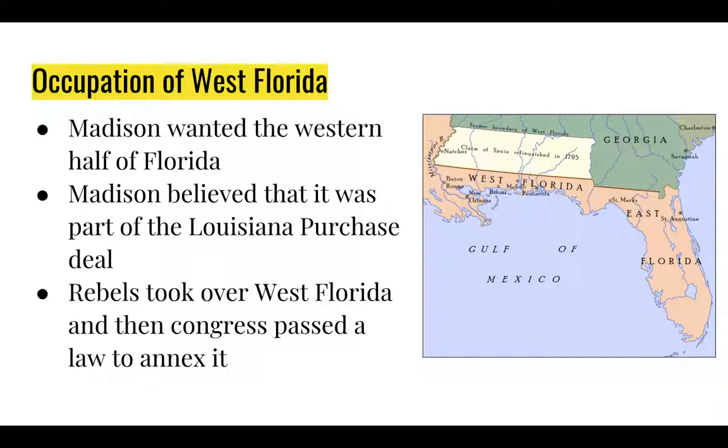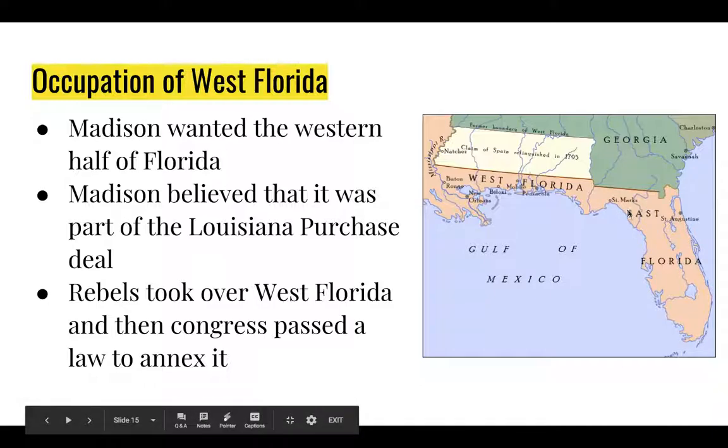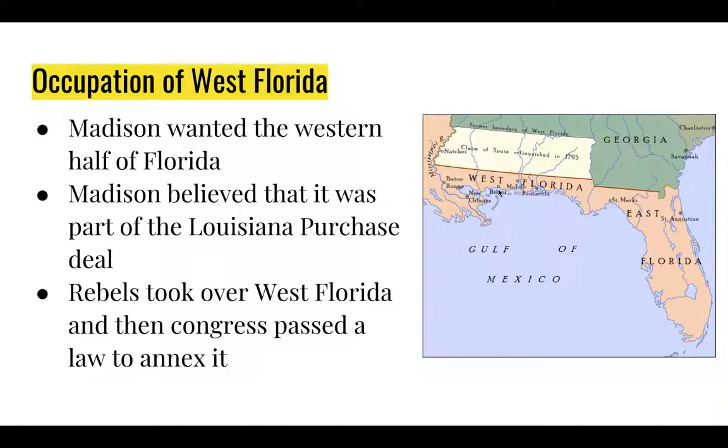All right, next major event of the Madison presidency was the occupation of West Florida. So Madison wanted this area of West Florida right here. Florida is actually a long, skinny state, so it sticks out this peninsula right here, but then it also runs along the edge here. And this West Florida area was controlled by different Native American groups, but Madison believed that the Louisiana Purchase that Jefferson had negotiated with Napoleon gave us control of West Florida, and so he thought it was United States property.